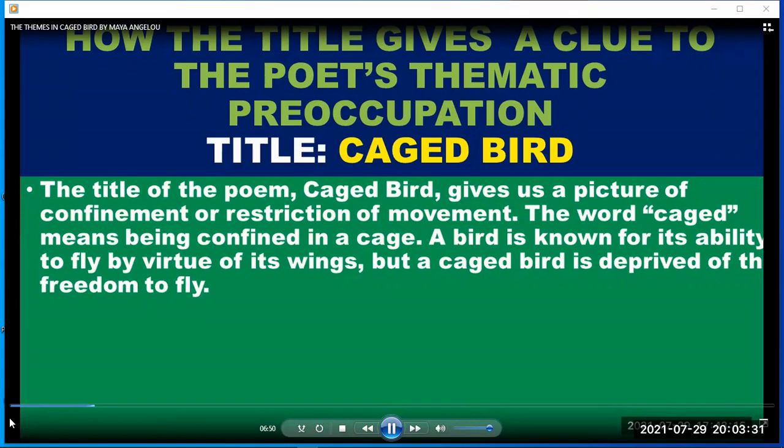The word caged means being confined in a cage. A bird is known for its ability to fly by virtue of its wings, but a caged bird is deprived of the freedom to fly. And so Maya Angelou is preoccupied by the situation of the average Black American of that era, and the kind of psychological and physical deprivation or restriction